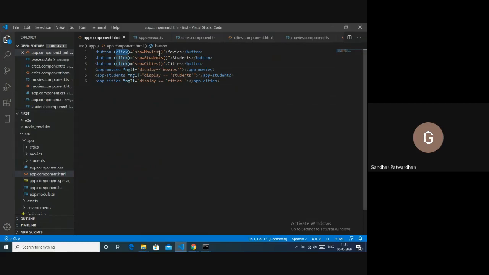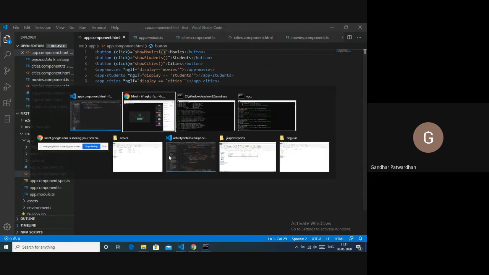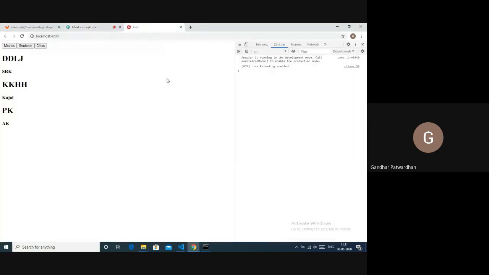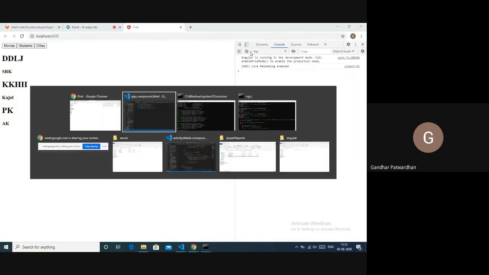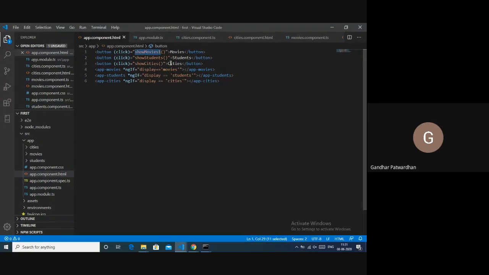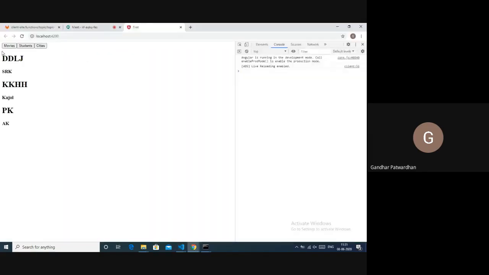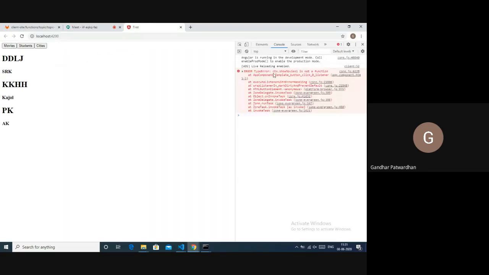Now let us say that instead of show movies, I say show movies 1 and I click on save. What would happen? Since we do not have any function called show movies 1, it should show us an error. If I click on movies, it is giving me an error. It says that show movies 1 is not a function.